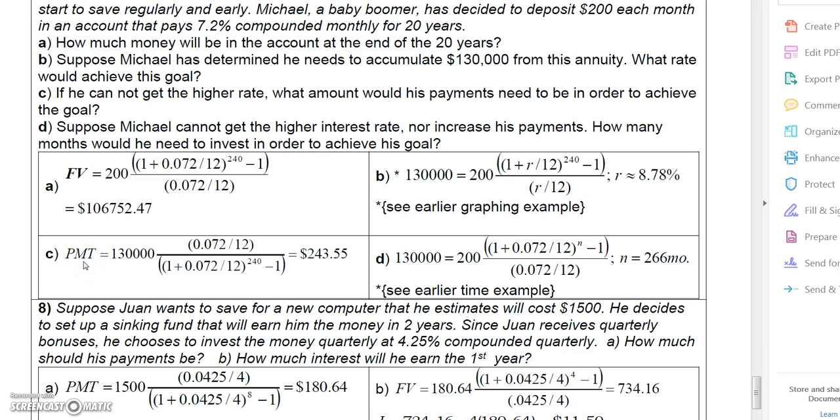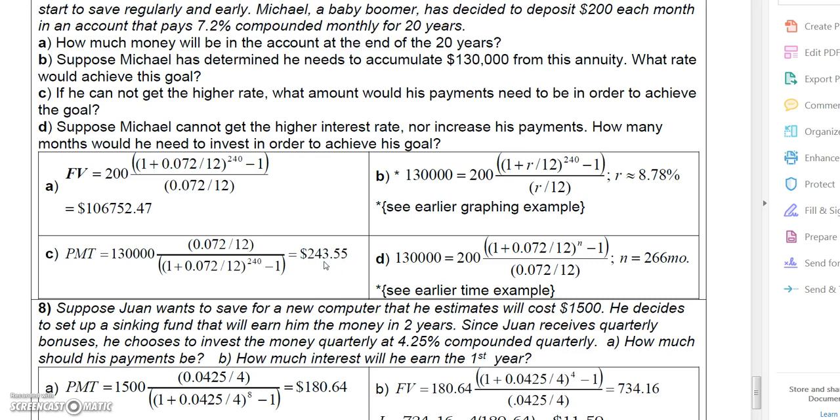So as a sinking fund, I would use the payment formula, and I'd put $130,000 in for the future value, and then leave the rate as 0.072 divided by 12, and of course leave N as 240, and you'll see that now he would have to deposit